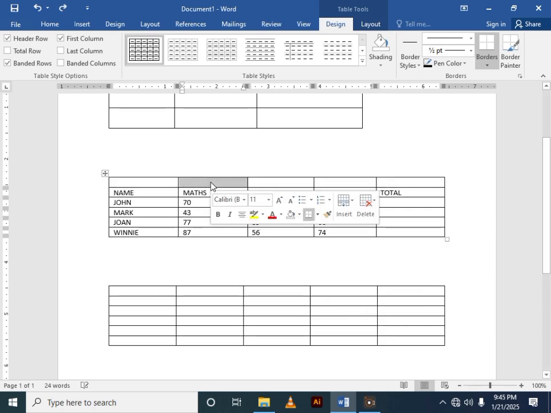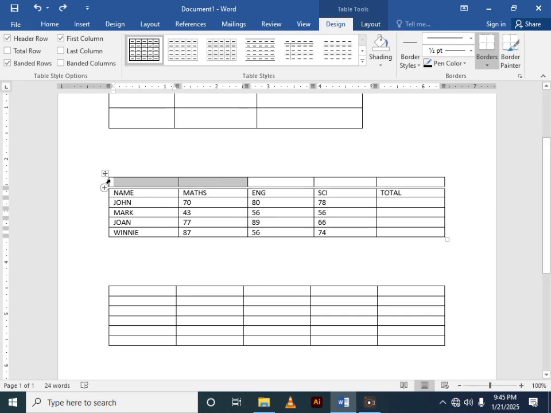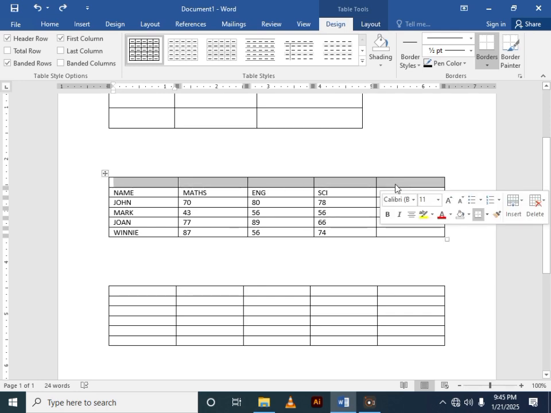Now, supposing I want to make this row one cell. That's what we call merging. Merging is the ability for you to combine or compress all these cells into one cell. So how do you go about it? You need to highlight the entire row,